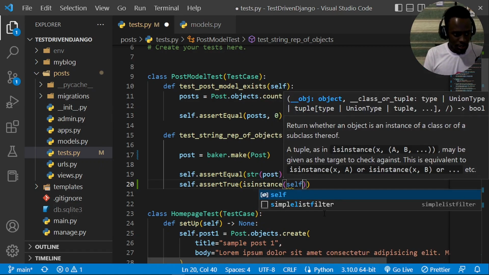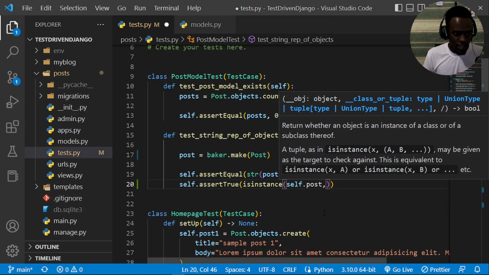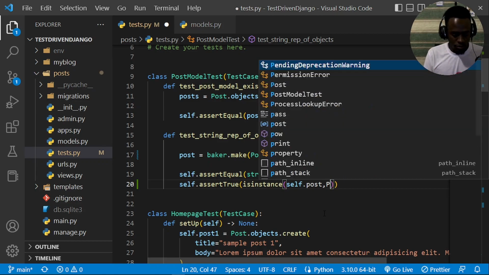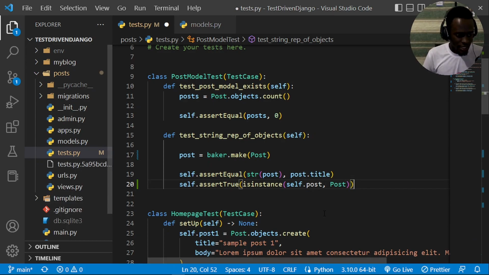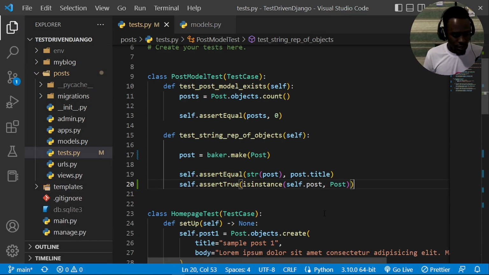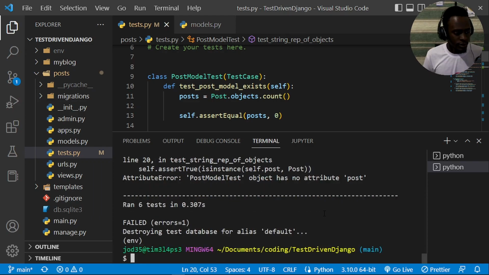So I just come and say self.post, and then the next thing I'm going to provide is our class, which is going to be our post class. And once I've done this, I'm going to go ahead and save. When I save and try to run our test again,